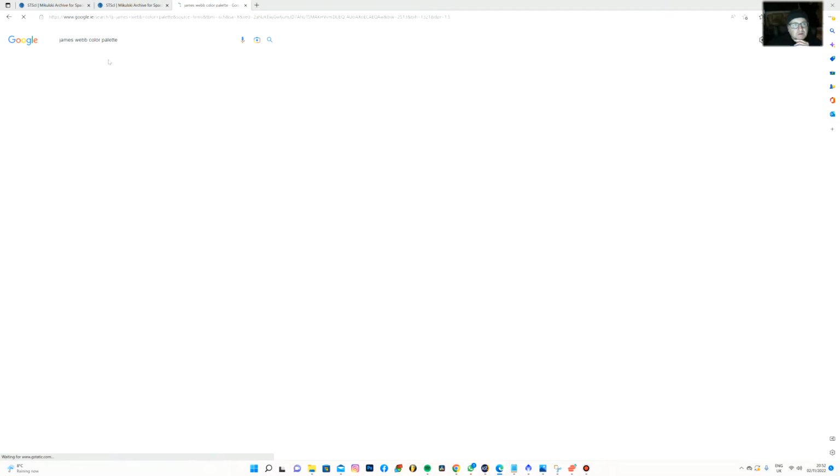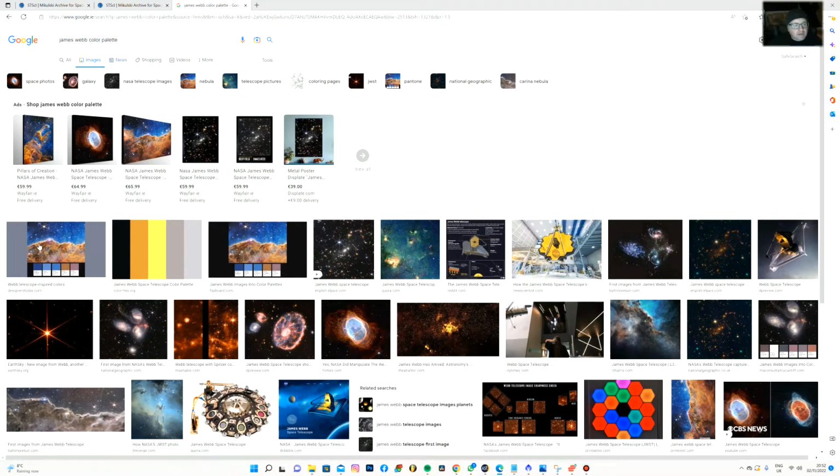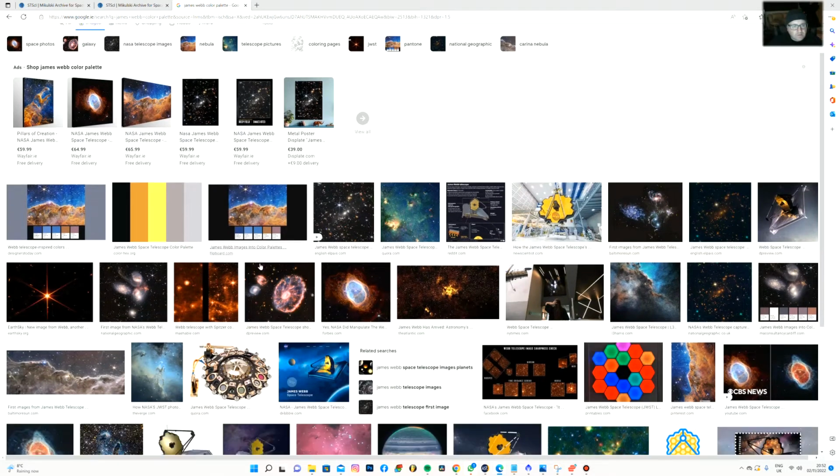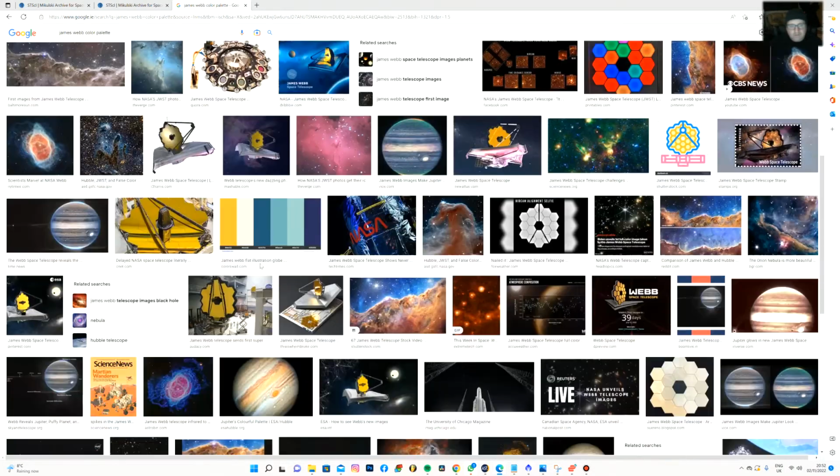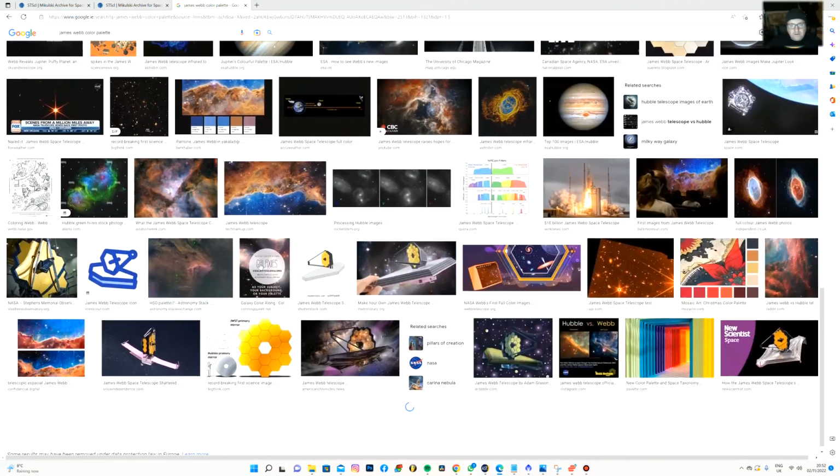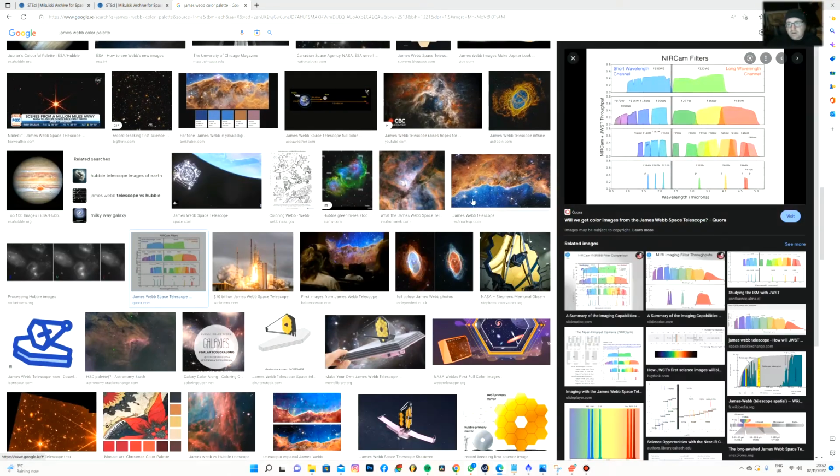Then if you go to images, you can see here these are the color palettes. Now there is another one that I normally use. Let me just find it here. Yeah, this one. This is the NIR cam filters, and you can see that the blues are in the wavelength of